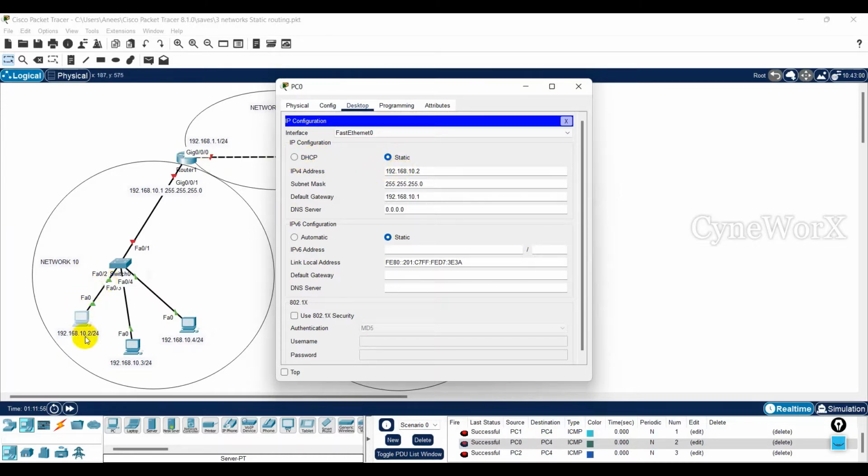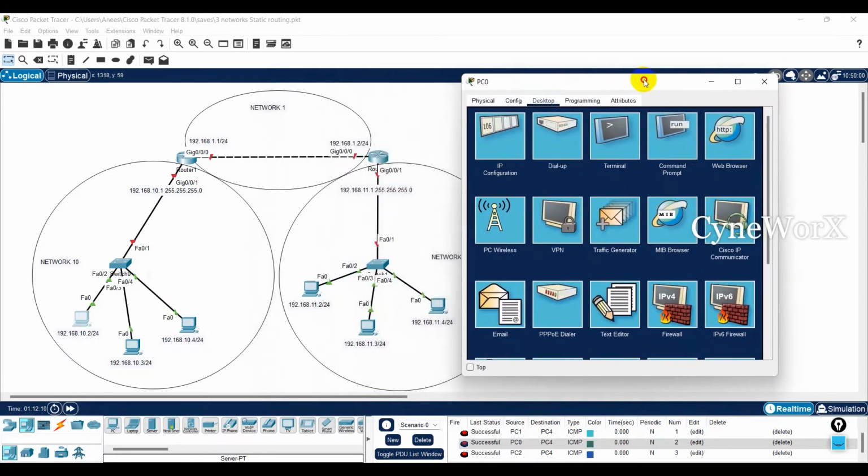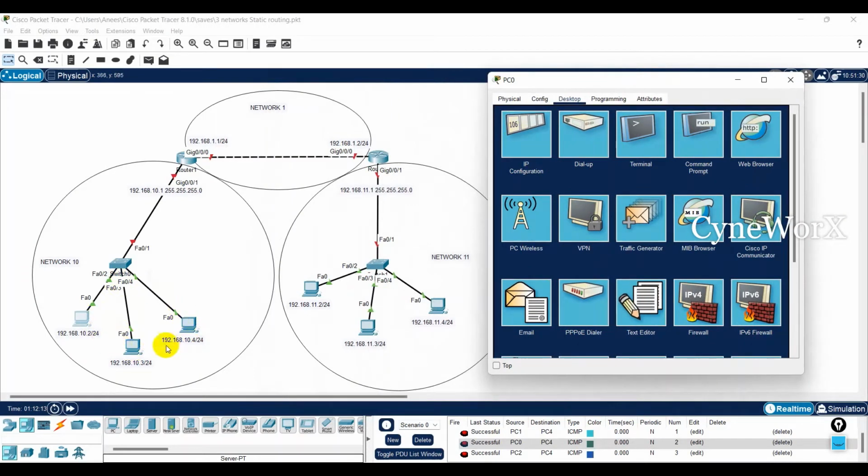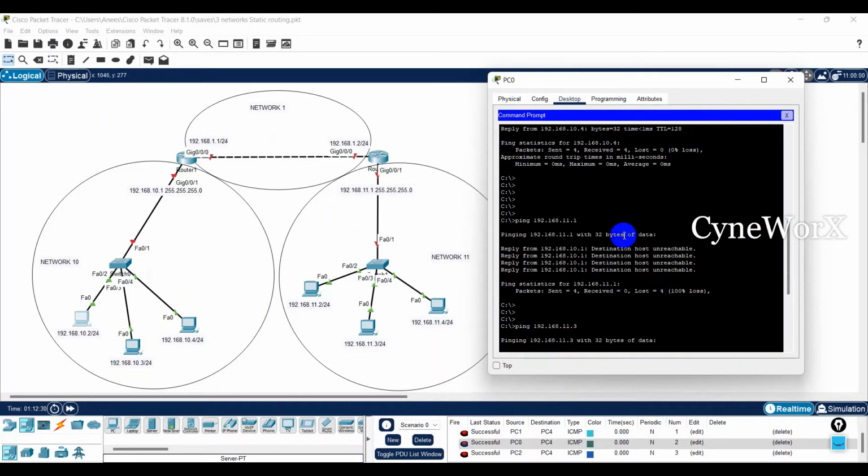Okay, so for example, this is the IP address 10.2. I have entered the 10.2 IP address, then the subnet mask, and then the default gateway. Okay, so since this one has a valid IP address, that's how I did it for all these PCs. Okay, so .3, .4, these three devices are in the same network. So even though my routers are down, at least my local area network should be able to communicate with each other. So I'm going to ping my